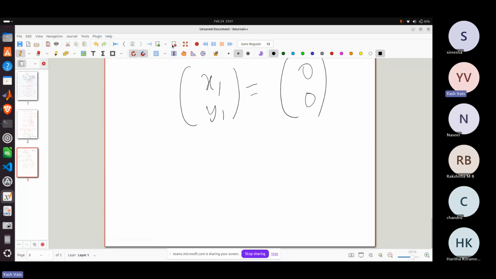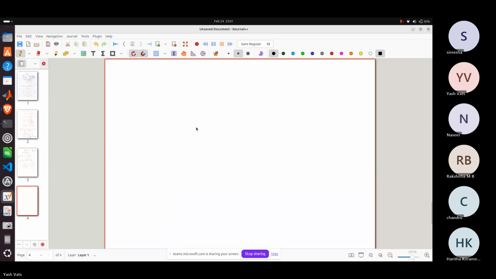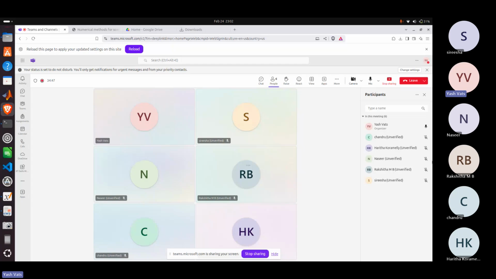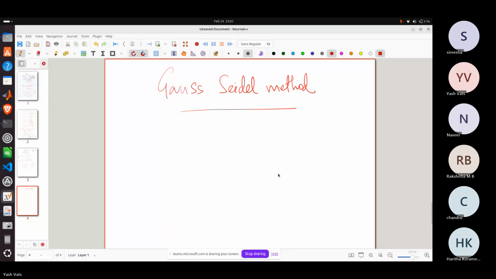I just take a new slide. So it is Gauss-Seidel. Anyone knows the difference between Gauss-Seidel and Gauss-Jacobi method? Anyone? If you have seen the lectures. Okay, yes, then it's just